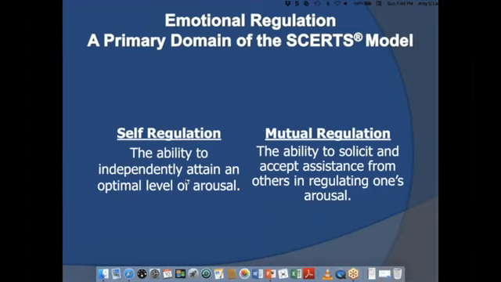So in regulation, we look for self-regulation, abilities that the child has on their own to manage and maintain engagement in an activity, but then mutual regulation, how they access and respond to help from other people. That's the other part of the curriculum. Again, I'm going to sit and look developmentally, where is my child, where's my student, where are their strengths, and then what is their next step.